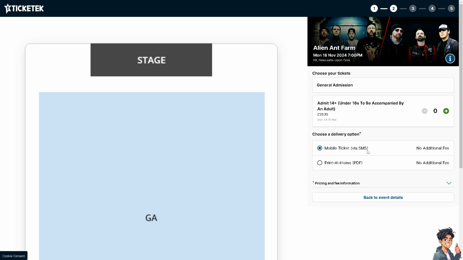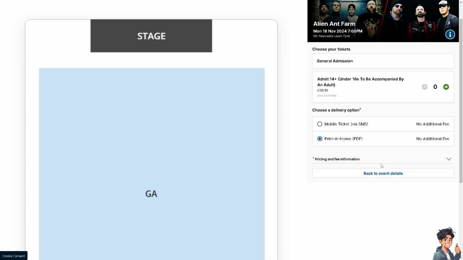All right. Now, if you choose a delivery option, you have the mobile ticket, which is going to be sent via SMS. Okay. And there's also the print at home or PDF if you want the physical ticket that you want to present during the gate entrance. Okay. Now, when you click on this one, what will happen is,